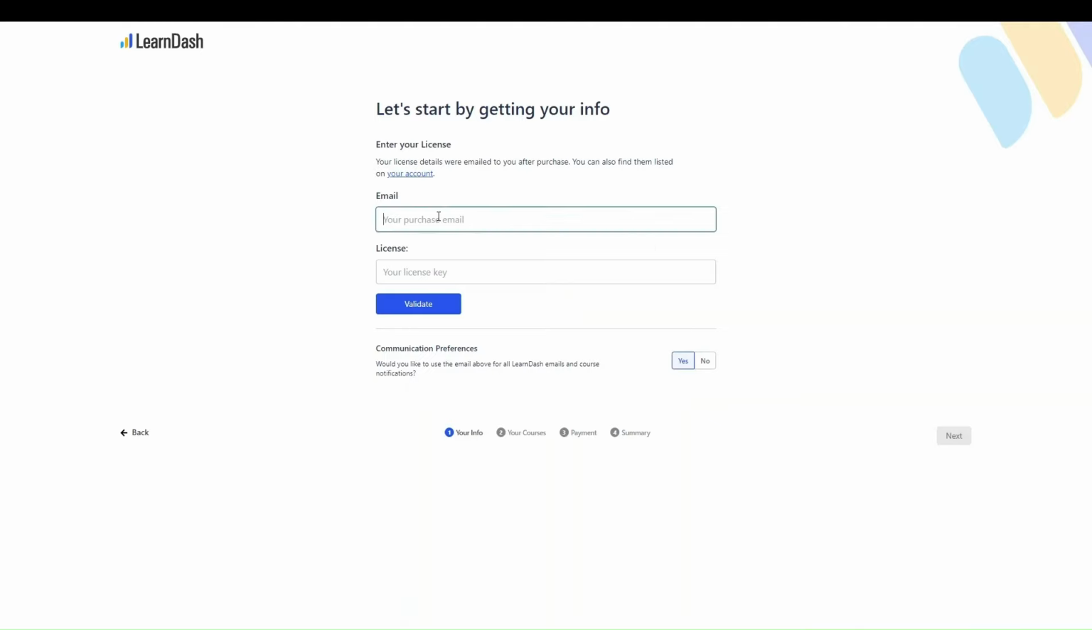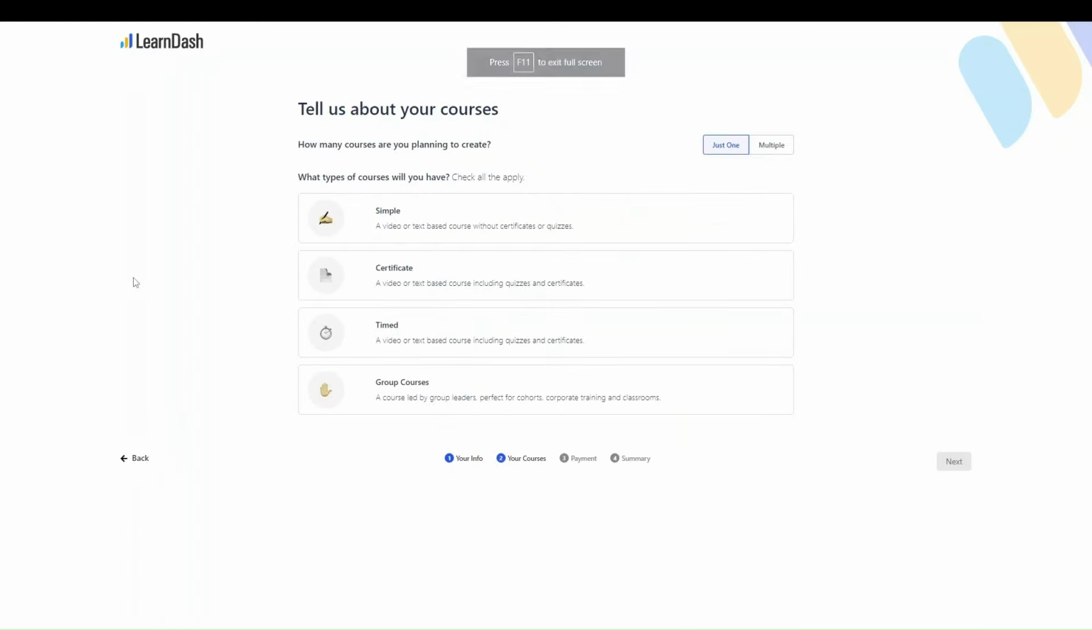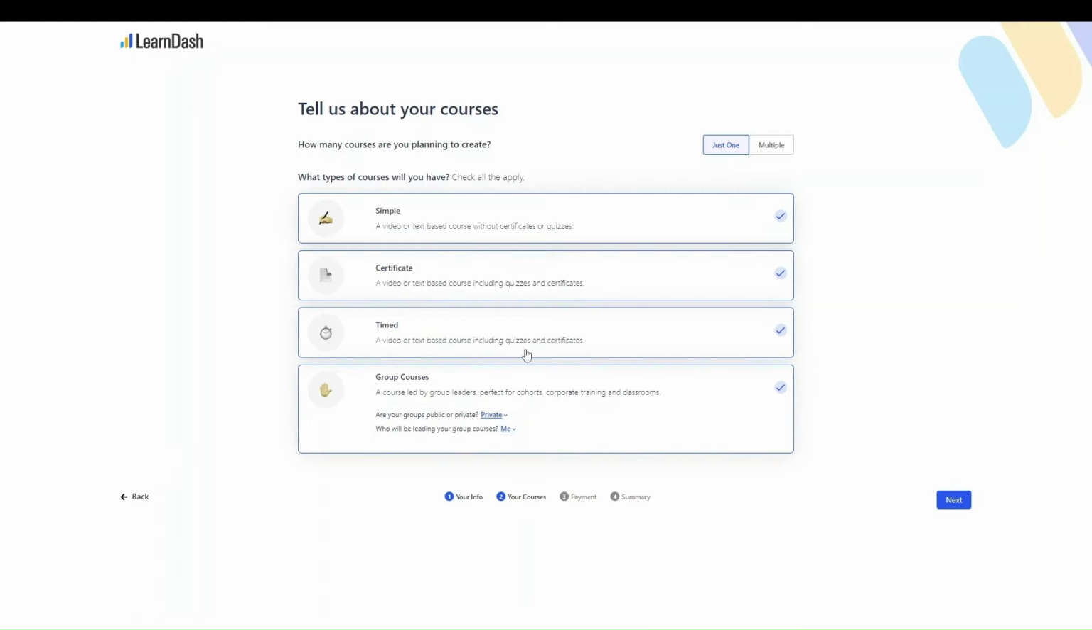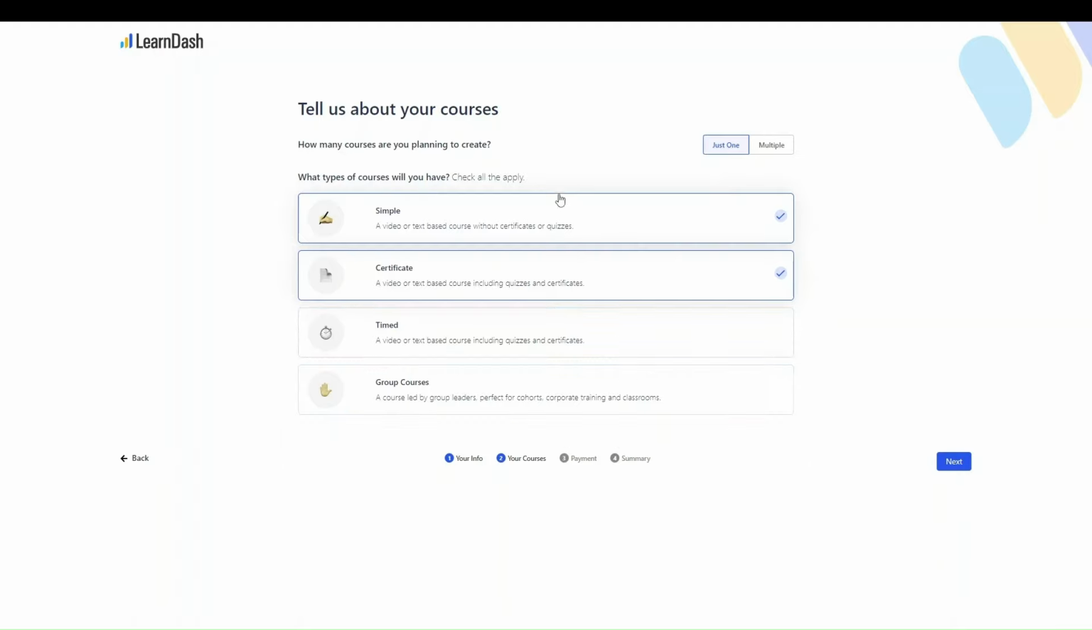With the setup wizard, you just want to make sure that you add your email and your license key to start verifying your purchase. And then the wizard will ask you about your courses. So what kind of courses you're going to be having. So simple course, certificate based, timed, group courses as well. So these are all different kinds of options. So you can select if you're having multiple courses or just one course. So in this example, we'll have simple courses and also certificate-based courses. So courses that will have all the content, and then afterwards a quiz that people can receive a